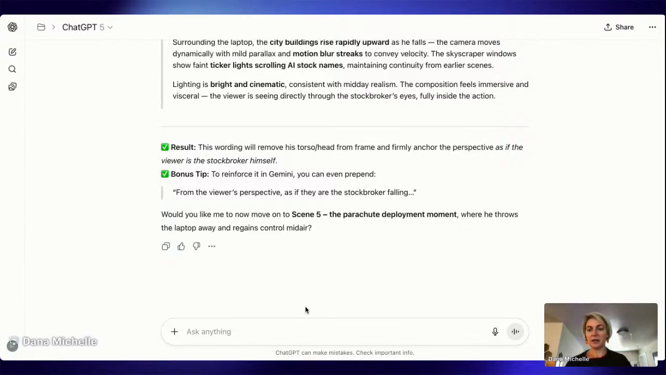Sharing this screen, you can see here. Before we move forward with creating more images for the following scenes,